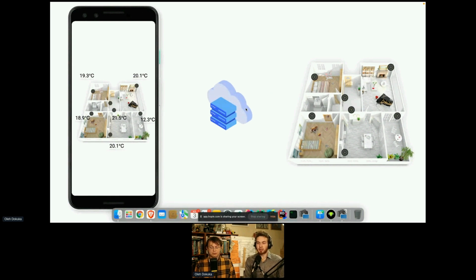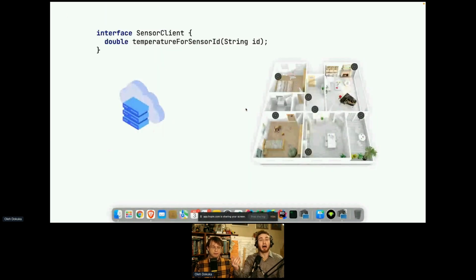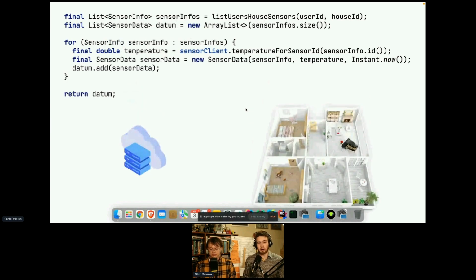And the implementation, of course, in order to collect this info, we have to have a client or API for accessing this information through some interface, which may look like this. And Andrew implemented our core logic at the first steps as this. Let's start with this simple core logic.